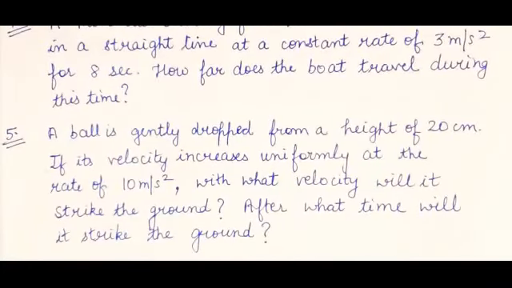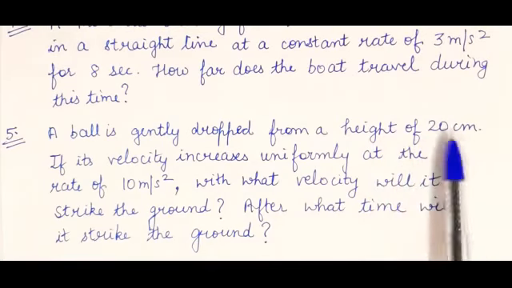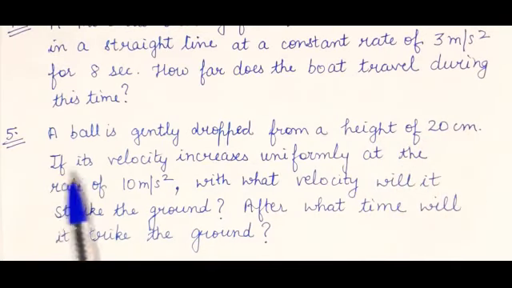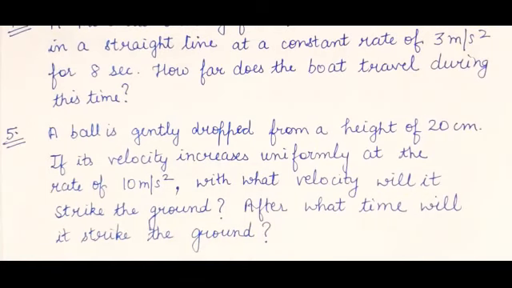distance. And the last question, fifth, a ball is gently dropped from a height of 20 centimeter. See, it is given in centimeter. If its velocity increases uniformly at the rate of 10 meter per second square, with what velocity will it strike the ground? After what time will it strike the ground? So there are two parts of this question. In the first part you need to calculate velocity. Now apply your mind, which velocity. And in the second part you need to calculate the time. So these are the 5